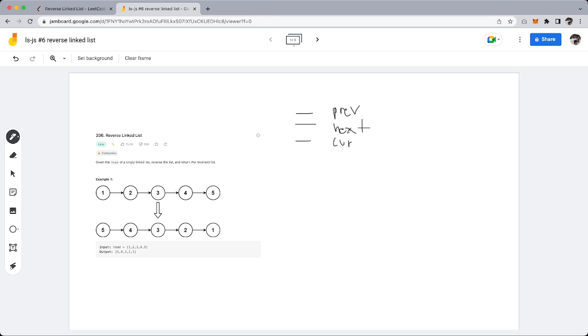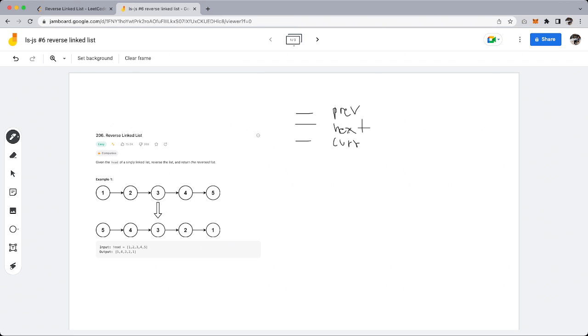So the current pointer will traverse the entire linked list, reaching the tail of the linked list. And we'll do this in a while loop where we finally return the previous node,